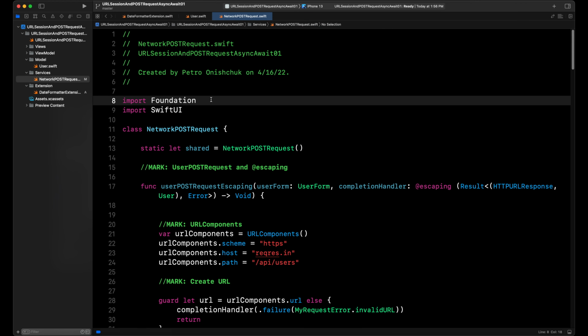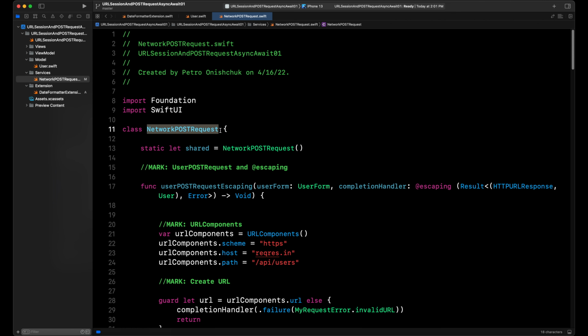And now you see, I showed you all methods that I will be using to make our post request by using escaping closures, async await method, and also a method for working with our local server. And now I must create a view model to run our methods from our NetworkPOSTRequest class, and also I must create a view to display data in our application. After all this is created, I will try to explain how it all works. For example,